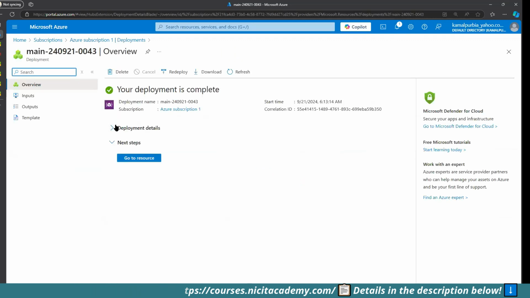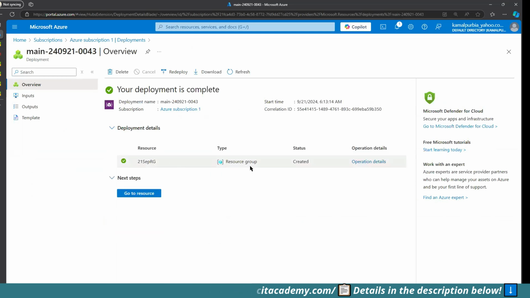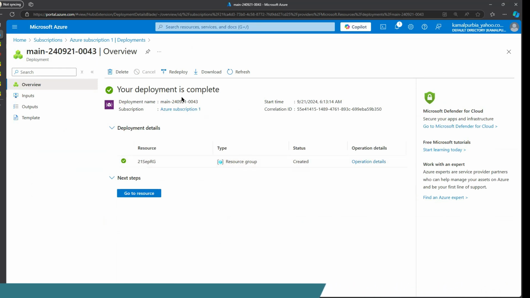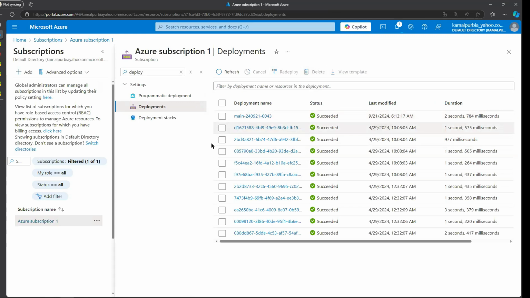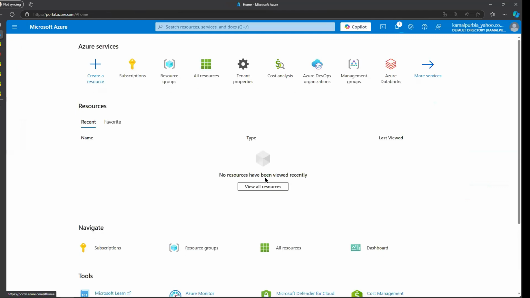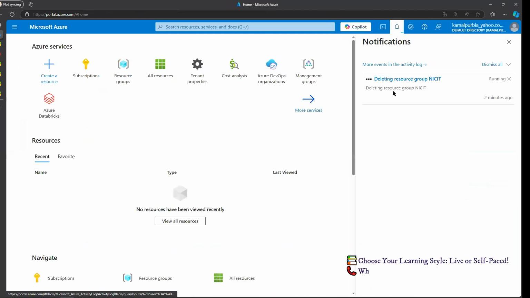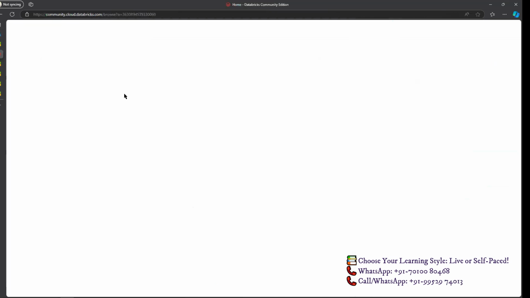We can see the deployment history here. So it was talking about the resource group, not the resources. So you see that the last deployment was about the resource group and all those things, but not about the resource. So it can happen that it will not work sometimes. So let me see. You can even redeploy or try attempting a new deployment as well. So that's fully possible. Okay, so we are removing our deployment from here,